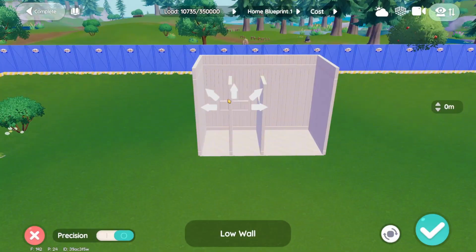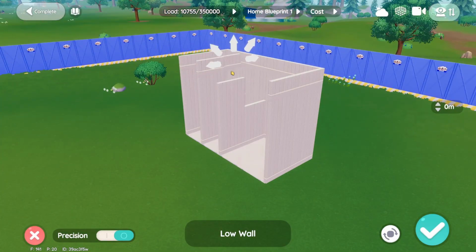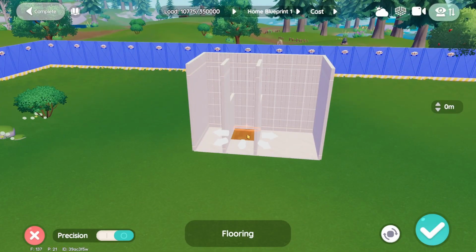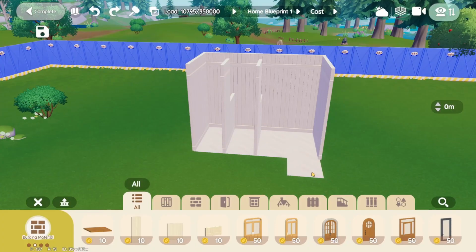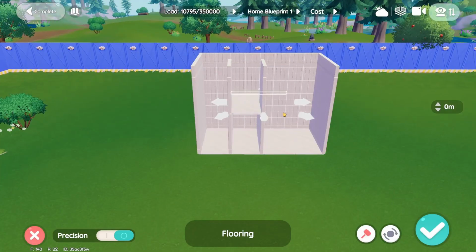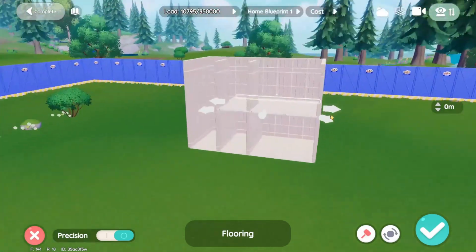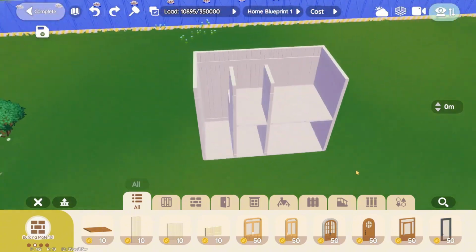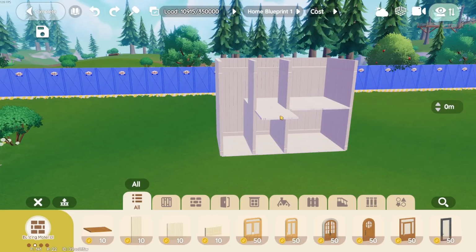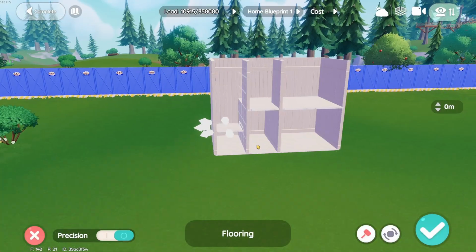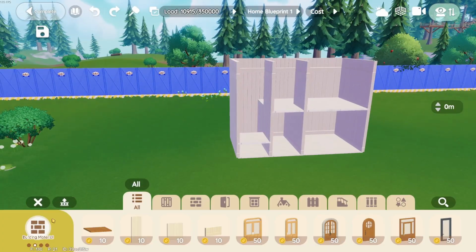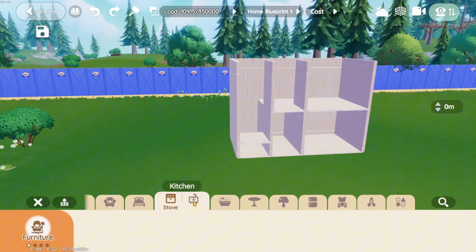All right, and then we're just going to add the last of the low wall up here to make the height the same. Then I'm just going to grab a floor from here, and we're just going to then make just like a floor like so. Hopefully you guys can see what I'm doing. And then I'm just going to grab another floor here, and we're going to place this floor on this wall here. And we're going to add the joinery cabinets